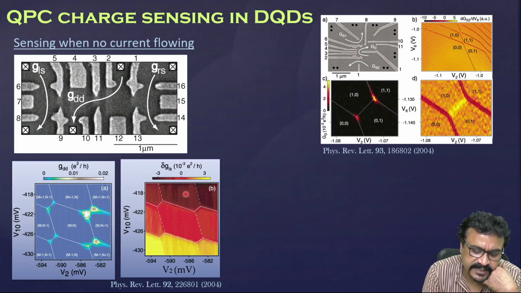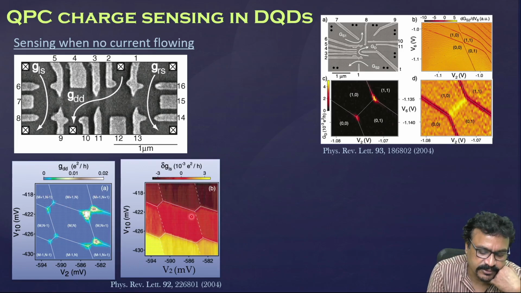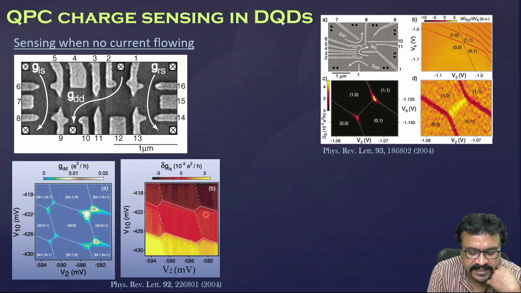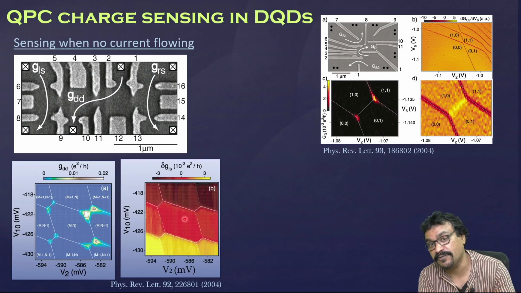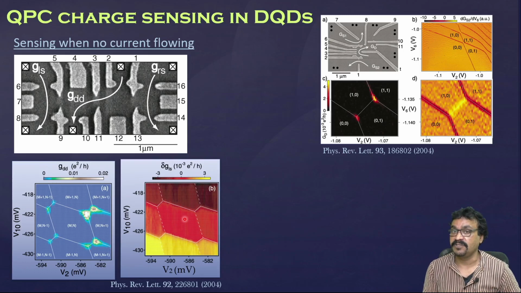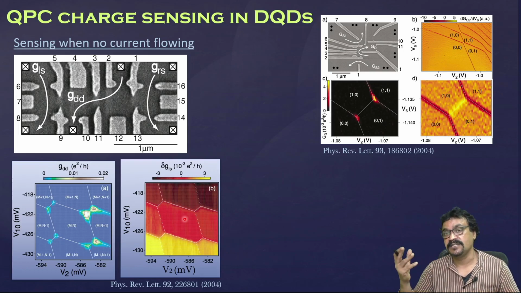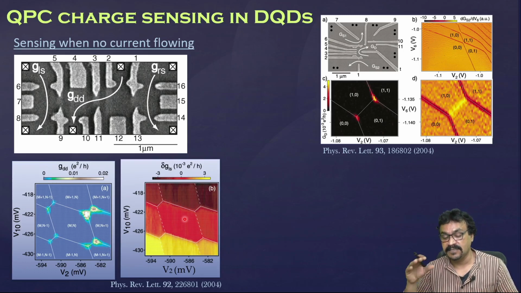You can see that the color is changing here, that depends upon the average charge configuration, but it is going to map exactly the same honeycomb, but in a slightly different perspective. Here you can see the color is the same, and the color is suddenly changing whenever you cross any of these edges of the honeycomb, because it is sensing the charge. When you cross the edge, the charge is changing. There is no current